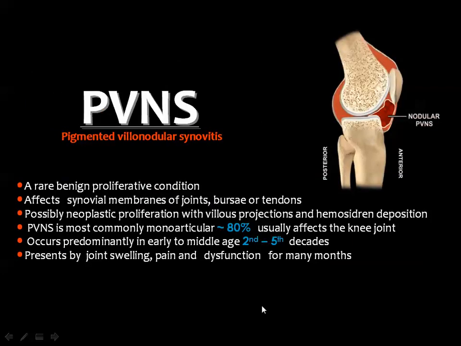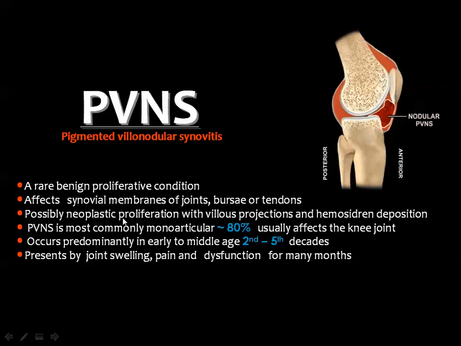And this is the pigmented villonodular synovitis, which has been mentioned many times through the course of the musculoskeletal imaging. It is a rare proliferative condition of the synovium. Some consider it as an inflammatory lesion, others consider it as a tumor, and it affects the synovial membrane of the joints, the bursa, and the tendon. And as I have mentioned, it has